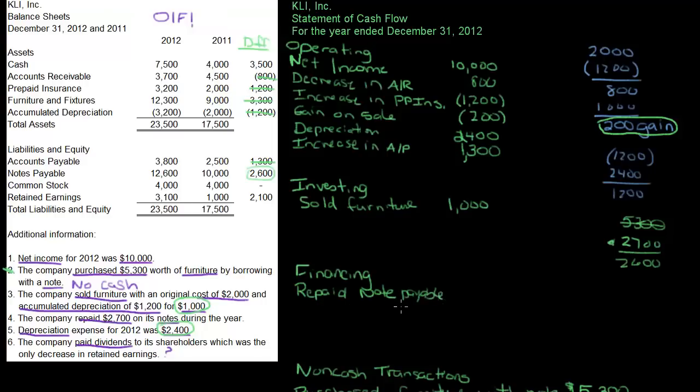Try to squeeze that in there. Repaid note payable, and that would be $2,700. If I'm repaying a loan, what effect does that have on my cash? Is my cash going up or going down? My cash is going down when I repay a loan, right? Because how am I repaying it? With cash. Okay. No change in my common stock, and my additional information doesn't say anything about common stock, so